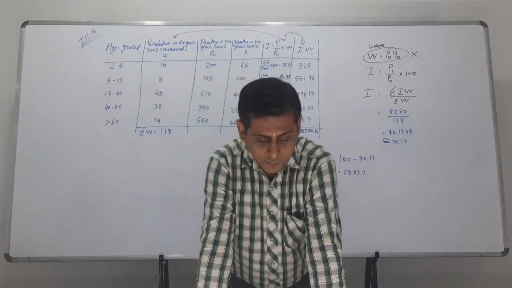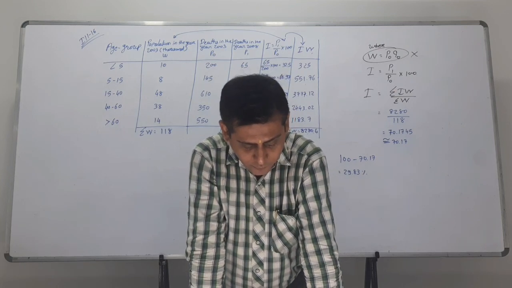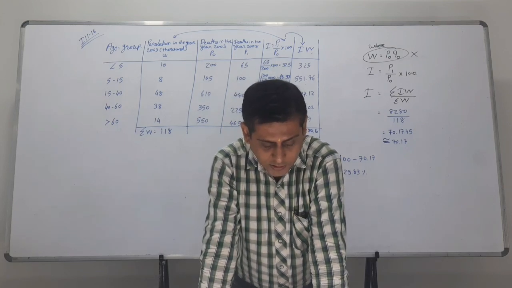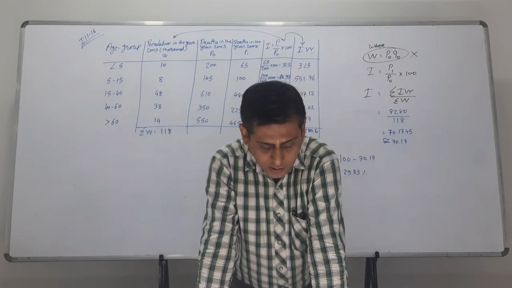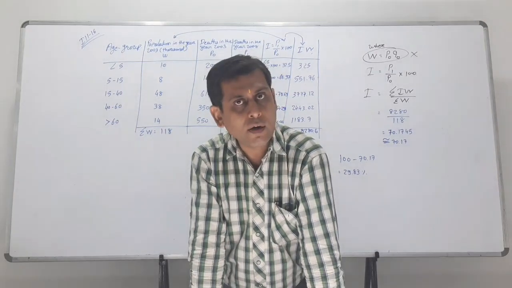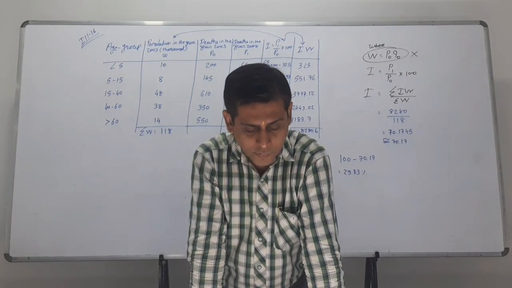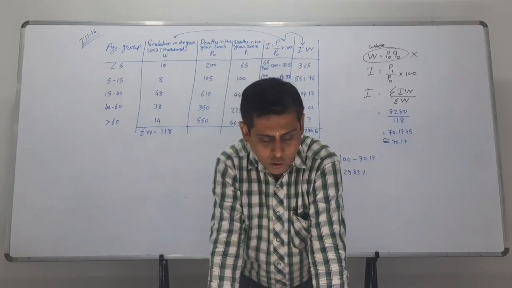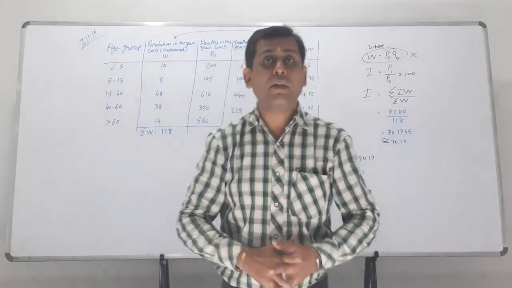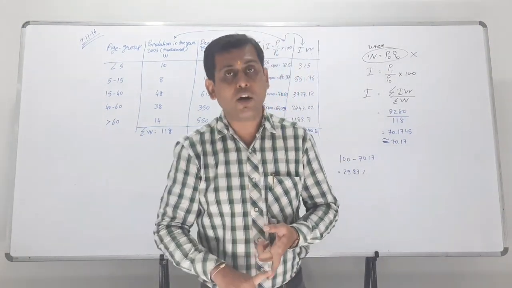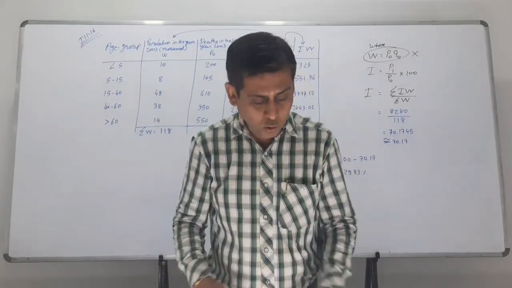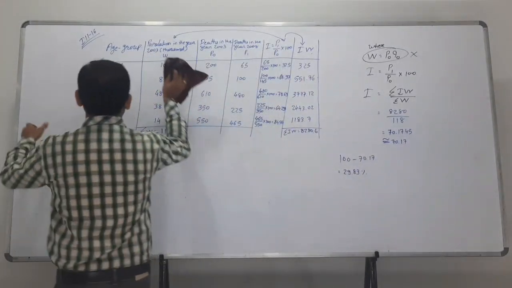Now see the next point, that is cost of living index number. The next topic or the next method is cost of living index number. What is the formula for that? Current year monthly expenditure divided by base year monthly expenditure into 100, or you can say P1 upon P0 into 100. There is nothing else new in this cost of living index number. But see here, in the cost of living index number there are two methods. First one is method of total expenditure, and the second one is method of family budget. So I am writing here the methods.